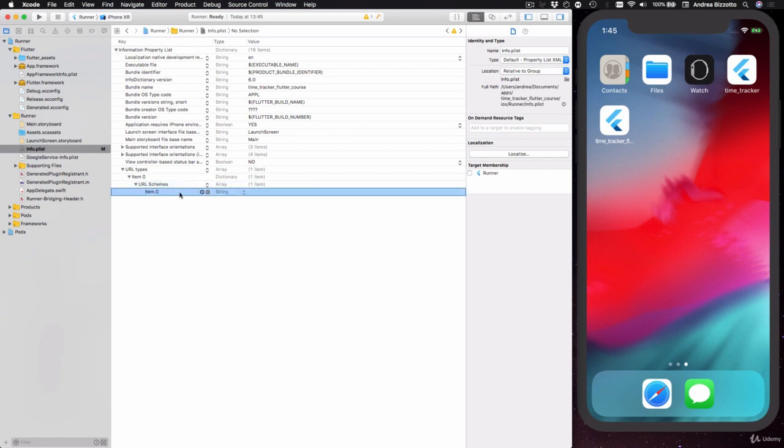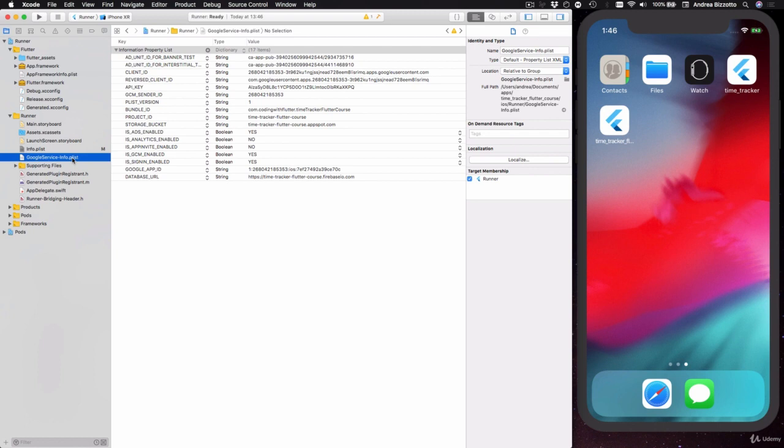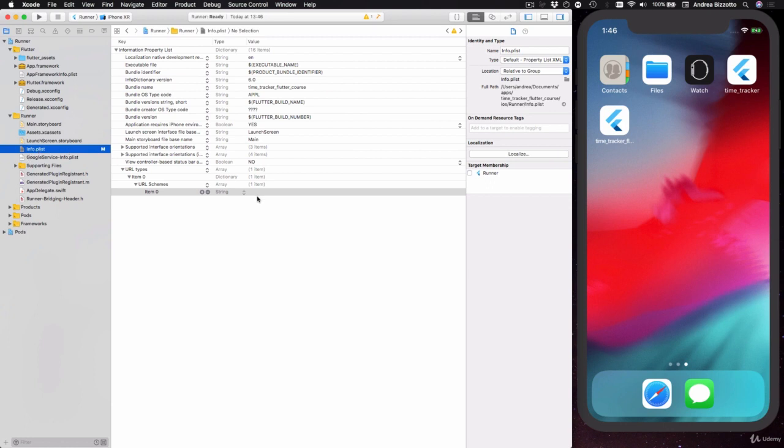And in here, I need to add a very specific string value. That value is contained in the Google service-info.plist configuration file that we have downloaded when we have set up our iOS app with Firebase. So in here, I'm looking for a key called reverse client ID. So what I'm going to do is to select the corresponding value, which is a string. I'm going to copy this, and then back into the info.plist file, I'm going to select this and paste the